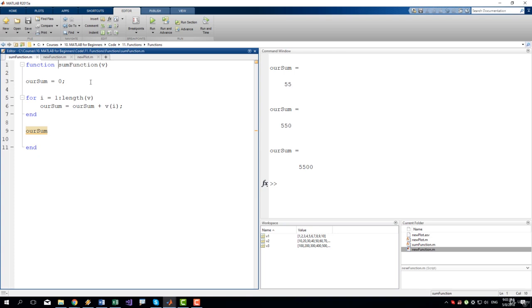We have to set the function itself equal to a variable, some variable name, and later we will give a value to that variable. Once the function has completed its job and some value is set to this variable, that variable will be returned to the script that invoked this function. In our example, we already have that variable, it's the our sum variable. So we no longer need it here, and all that we have to do is simply set it equal to